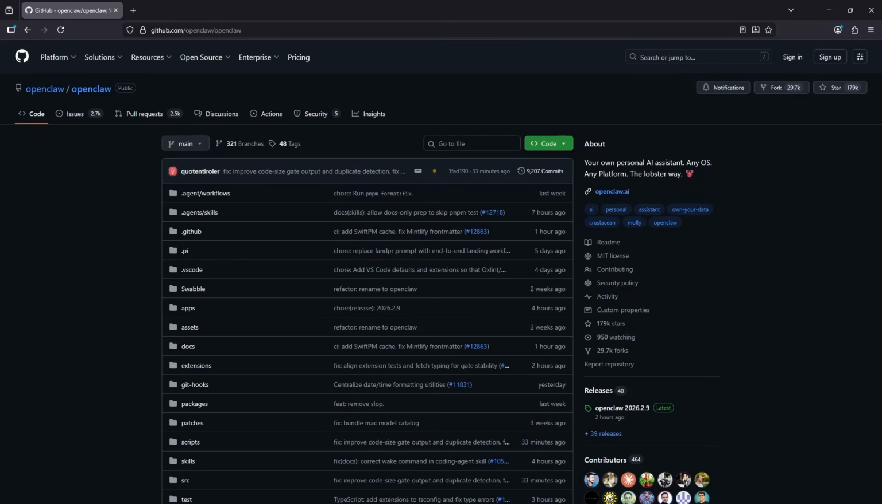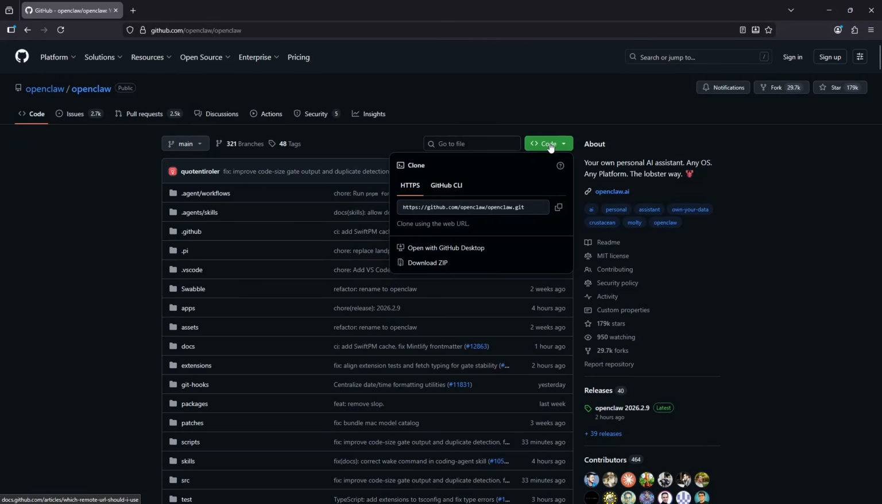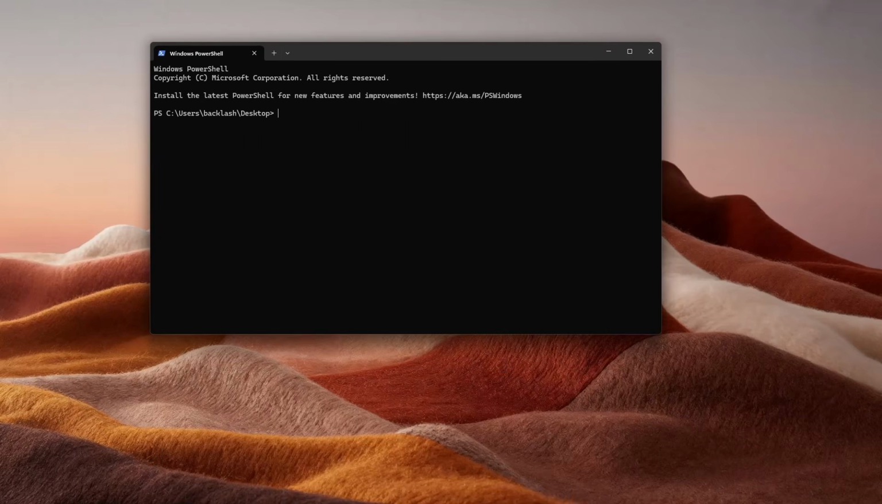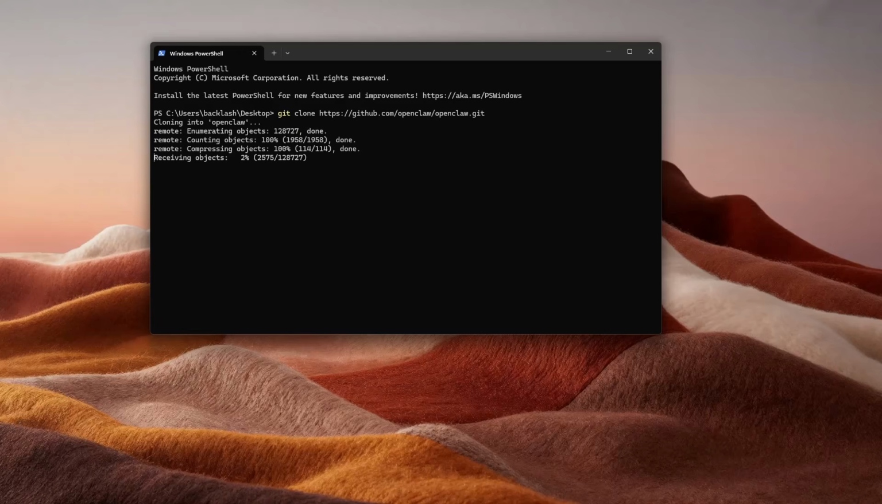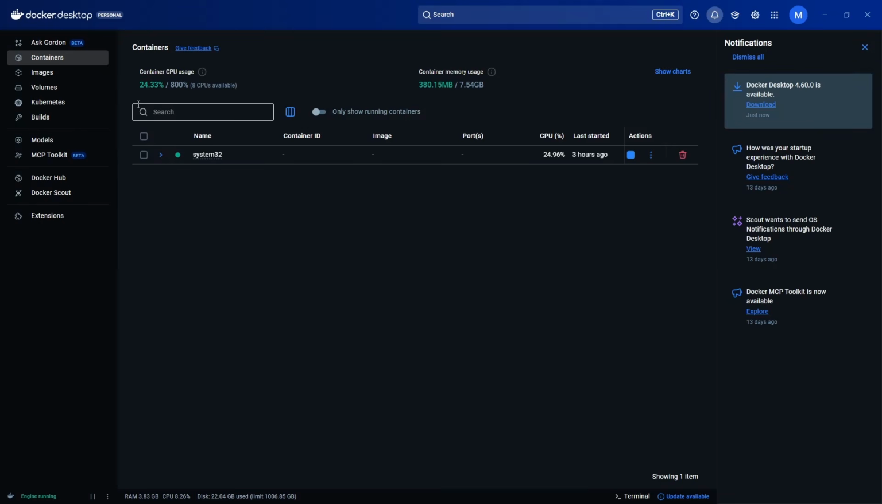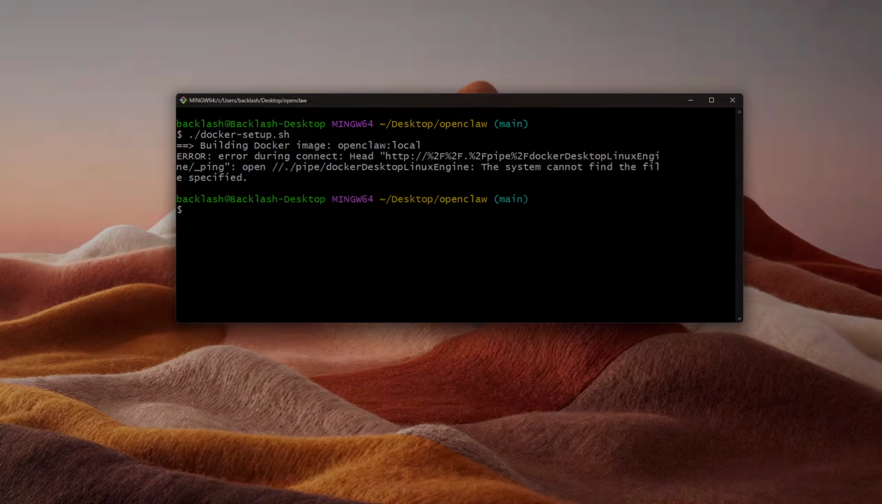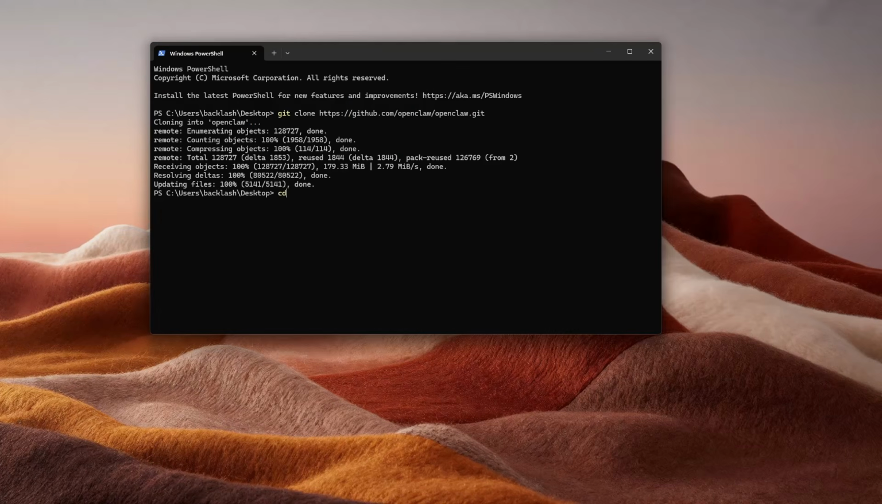First, I'm gonna pull the new version of OpenClaw from GitHub. Copy this URL here and open the command line. Then write git clone, paste the URL, and hit enter. While it's running, make sure that Docker is open and running, because if it's not, then you are gonna face an error like this. After it finishes, cd into the OpenClaw folder and write this command to run the Docker